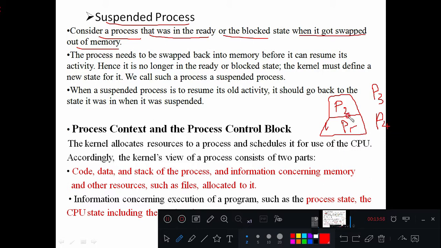It has to take out one of the processes from this memory, and it will make space for a third process. Let us say the operating system has only limited memory which can accommodate only two processes, P1 and P2. So let us say one more process, P3, comes. It has to check the frequency of execution of these two processes. Let us say P2 is executed frequently, after, let us say, 1 second, and P1's frequency is very low compared to P2.